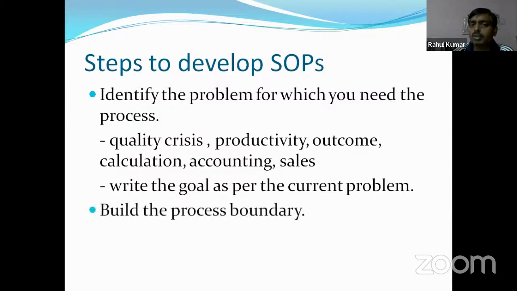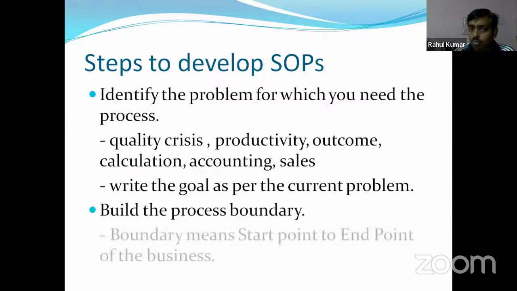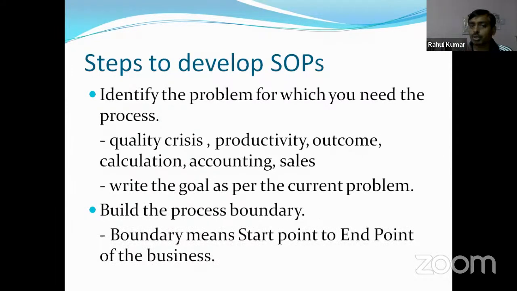Later on, build the process boundary. Process boundary indicate what? From start point to end point. That is process boundary. इस पर्टिकुलर जोन से हम शुरू करेंगे काम, यहां तक खत्म करेंगे। यदि यहां इन दोनों के बीच से कोई भी चीज लूप होल कोई छूटता है तो उसे हमें कंप्लीट करना है, अदरवाइज ये कंप्लीट नहीं हुआ है। कोई एक चीज भी छूटता है दैट मींस वो प्रोसेस कंप्लीट नहीं हुआ है।